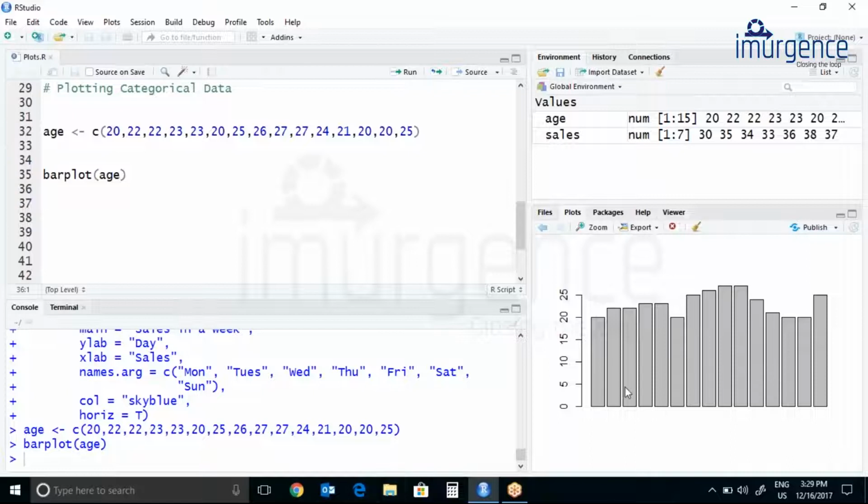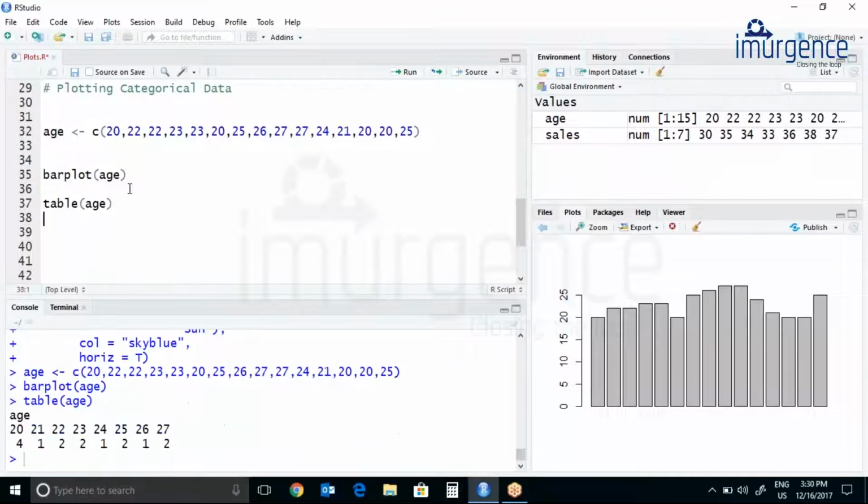So what happens over here means for each age I am getting a bar plot where this age is my categorical value. So all the ages with 20 will be in one group, 22 is going to be in one group, 21 is going to be in one group. So I want to plot frequencies, not just this numerical data. So let's do this. To get the frequencies, we have to use the table function, and let's pass our argument as age. Hit Control Enter. So here I am getting the count over here.